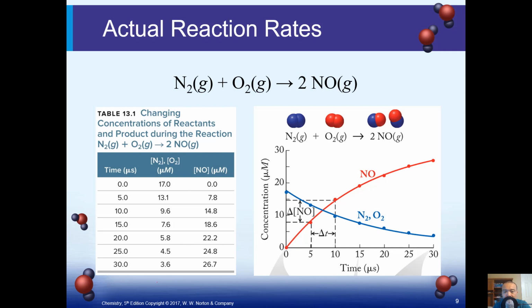Suppose we ran a reaction in the laboratory to determine the rate of the reaction between nitrogen and oxygen. We can express the rate either in terms of the rate of consumption of nitrogen or oxygen, or in terms of the rate of formation of nitrogen oxide. We can also determine the reaction rate based on the standardized rate of consumption or rate of formation. A typical set of concentration data for these species is presented in this table and graphed in the figure on the right side. As expected, the concentration of the reactants decreases and the concentration of the product increases as the